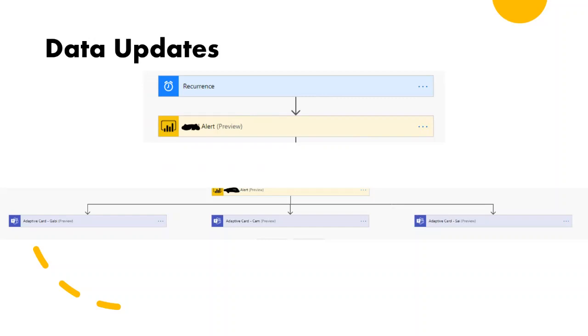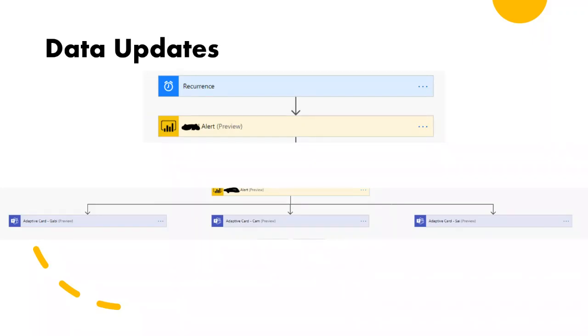With Power Automate, there are a few different ways that you can trigger a flow to start. Some of them have to do with an event triggering. So someone fills out a form, or you can push a button and have the flow go. Or for this one specifically, it's on a schedule, like every morning at 8 a.m. it goes. And with Power BI, you're able to add an action here